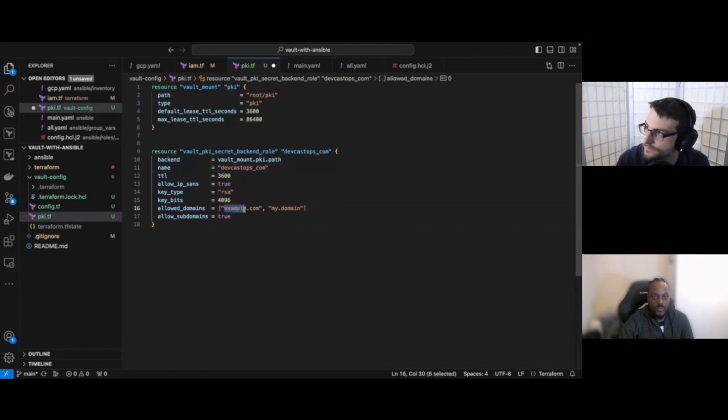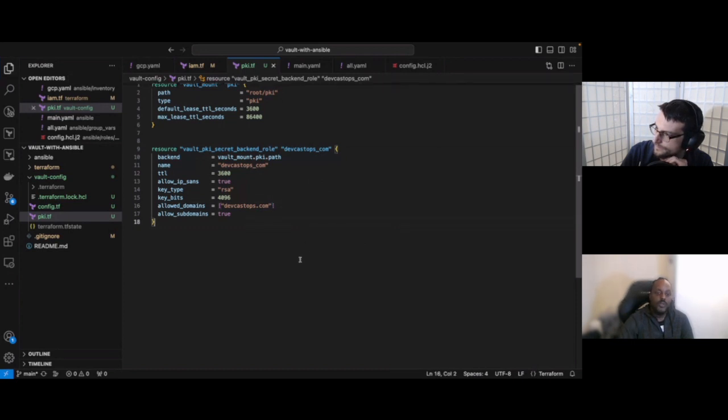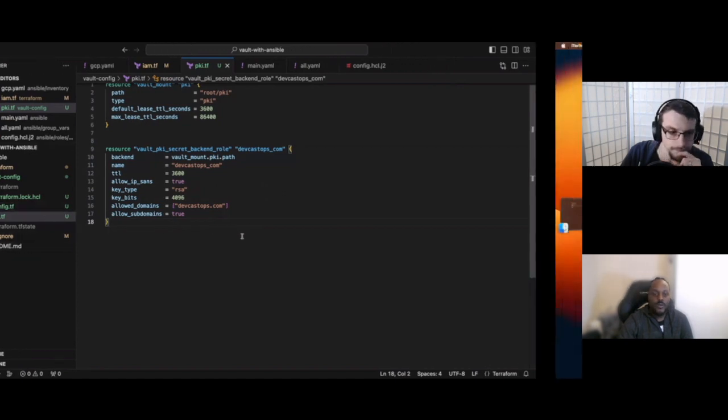So the domain that we want is devcastops.com. Or should I just put Vault in it straight away? No, do just devcastops.com because this is going to do console as well. Oh, okay, so this is fine then. All right. Perfect. Allow subdomains. Yes. We're good with that. Okay, so